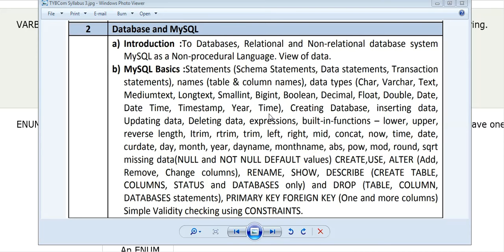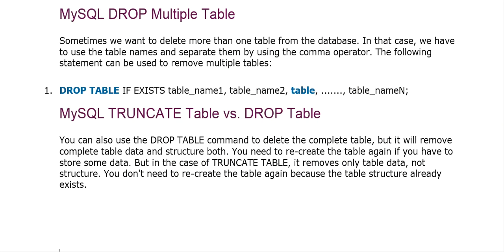So these are some of the data types that we will be using. Now we will be seeing an example, and in that example we will be creating a specific table with specific data types, and then we try to store some information into it using the commands. Okay guys?